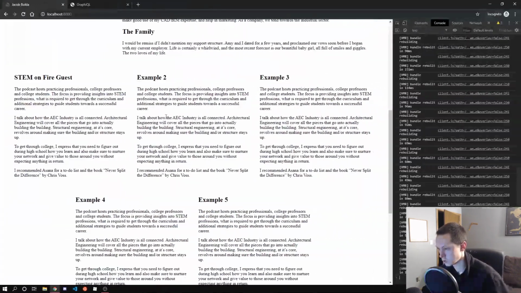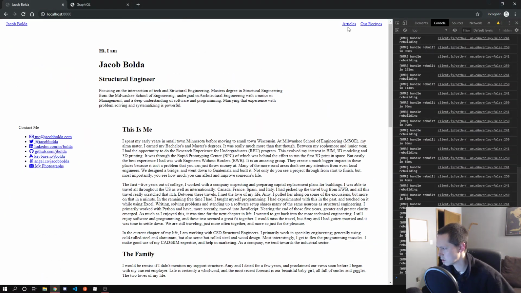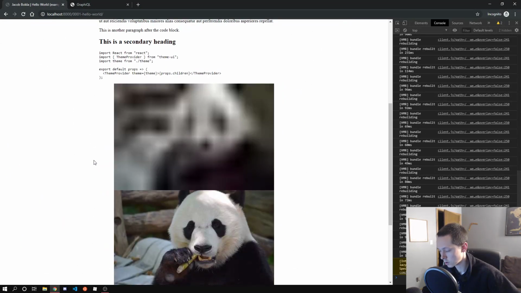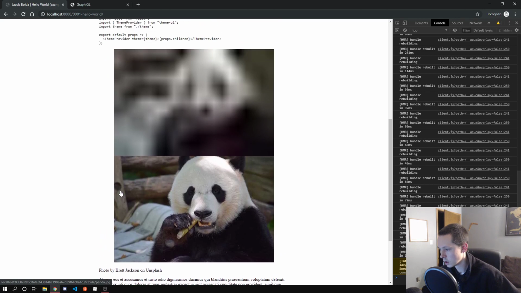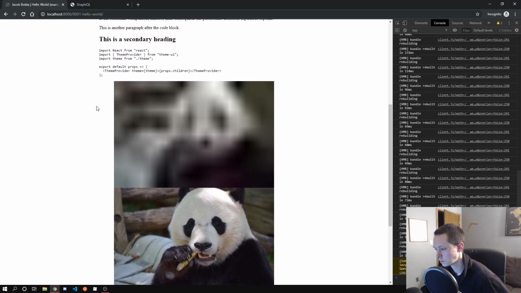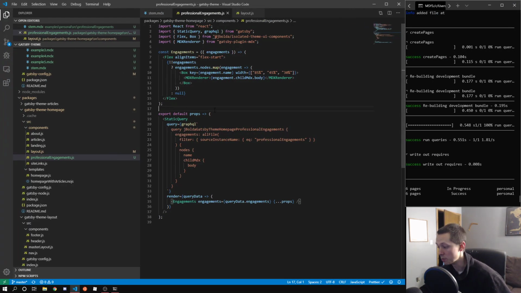One of the other things I had started working on was images. There's an issue with one of the images that I haven't dug into yet. There's an image in here, and for some reason it's showing both the blurred version and the full version. What this Gatsby component will do is automatically do that blur-up thing that Medium has, which is real nice. It does all the image processing stuff. When you get a lot of images, dealing with that at build time every time starts to become a bear,